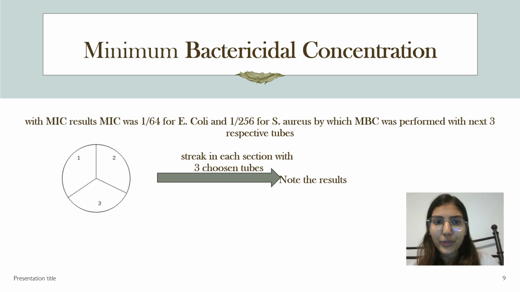So in order to perform the minimum bactericidal concentration, we use the tubes from MIC. After performing MIC, we got the MIC value for E. coli 1 by 64 and for S. aureus 1 by 256. So these were the tubes in which there was minimum inhibitory concentration, and we used these tubes for our MBC. So in order to perform the MBC,